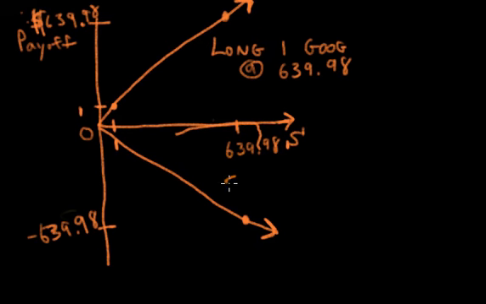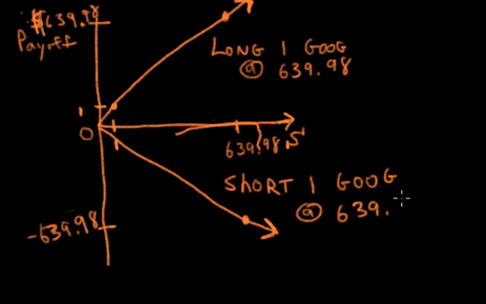Now, I just want to write here, this line is short 1 GOOG at 639.98. So now we have a spot contract. And why is it spot? It's because it happens on the spot. There's no time delay. At T0, we go to a stock exchange and we go long one Google share, or buy it at 639.98. We could alternatively sell or go short one Google stock at 639.98, and this is what our payoff would look like. And payoff, remember, means don't take into account the cost or the benefit of